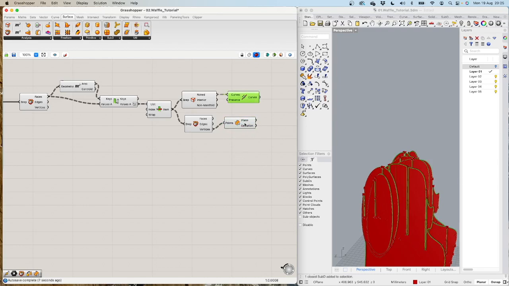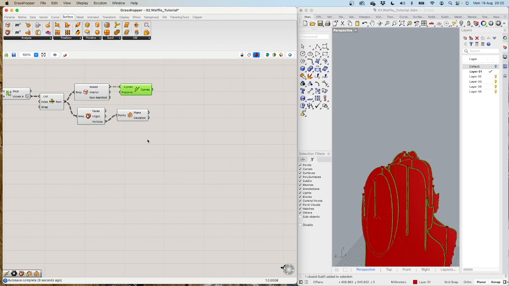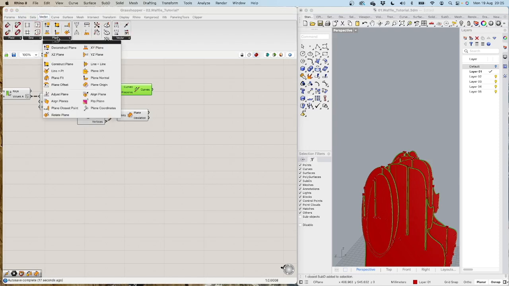And these planes I project or flip over and orient to the ground plane. So planes are here. So in here we have the plane fit,